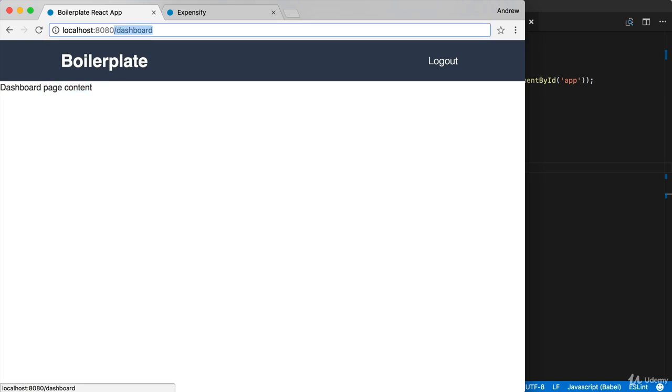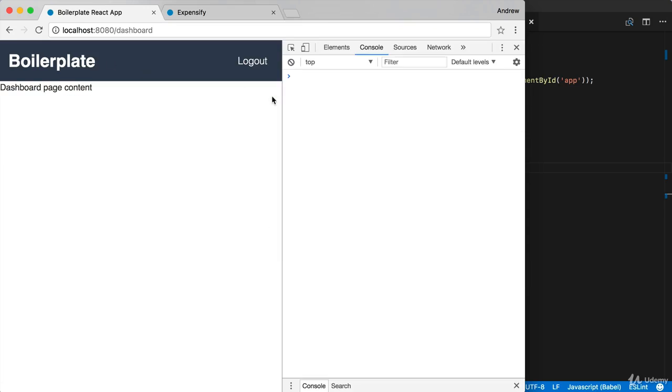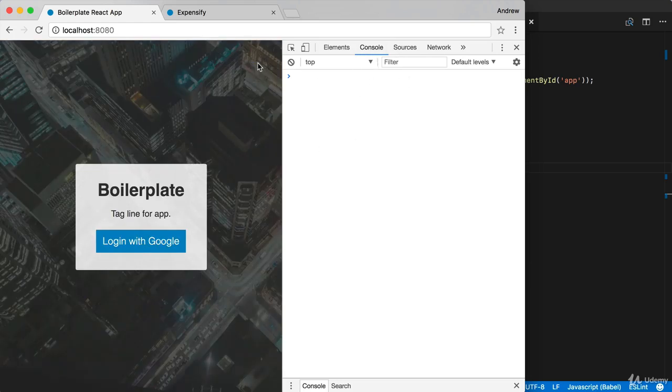And if I do try to go to the root of the application, since I am logged in, I should get kicked out. Right here, I am back at the private page. Now I can open up the console just for kicks and make sure there are no errors. Everything looks good so far. If I go ahead and log out, I do get brought over to the login page